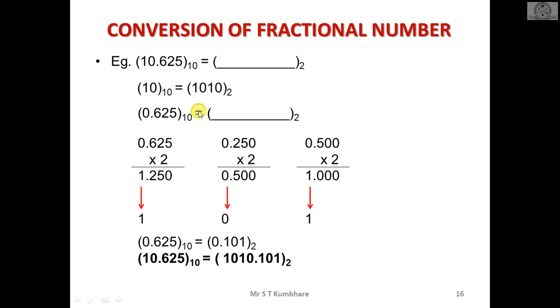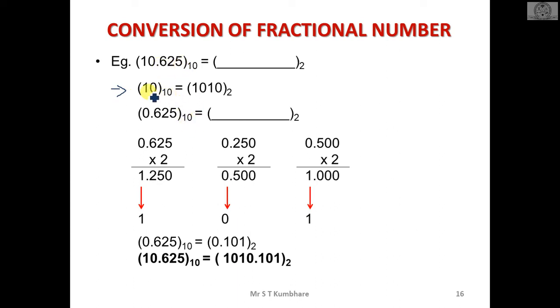Let's go to the next slide. This is decimal to binary. So 10.625 is the decimal number I want to convert to binary. How did we do it in the previous one? It's simple. We divided it by 2. So 10 divided by 2 is 5, remainder is 0. Like this, we'll get 1010. Just remember whatever we have seen just now. So this part is the known part. Now the unknown part is 0.625.